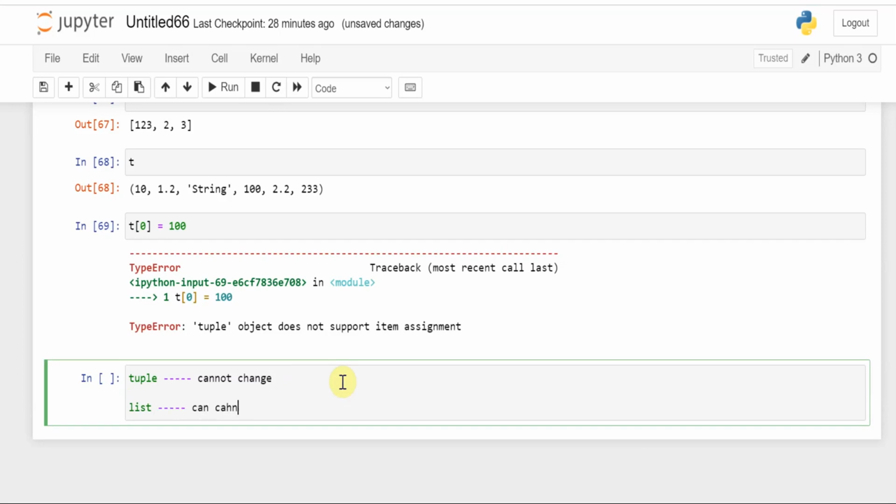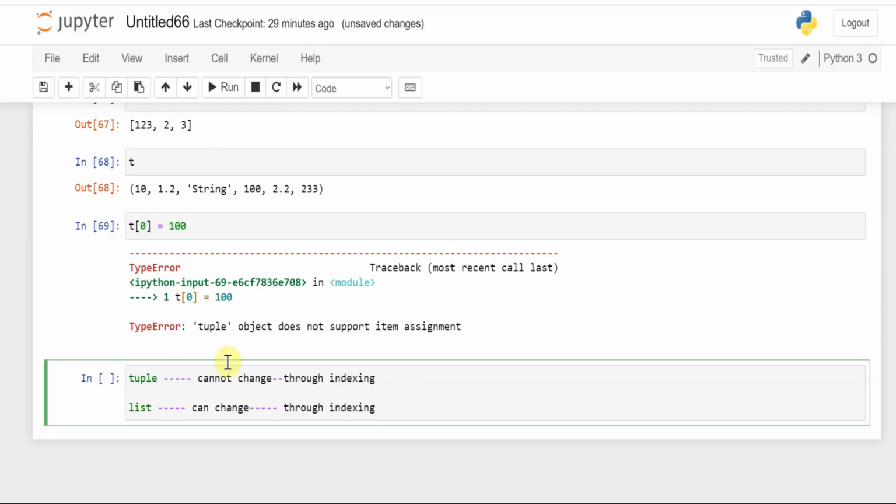We can change the list by giving the indexing values, and we cannot change a tuple through indexing. It is basically saying, I'm not changing because I don't have that capability.